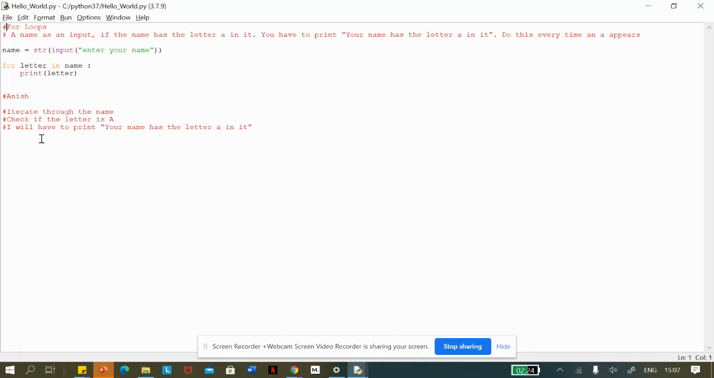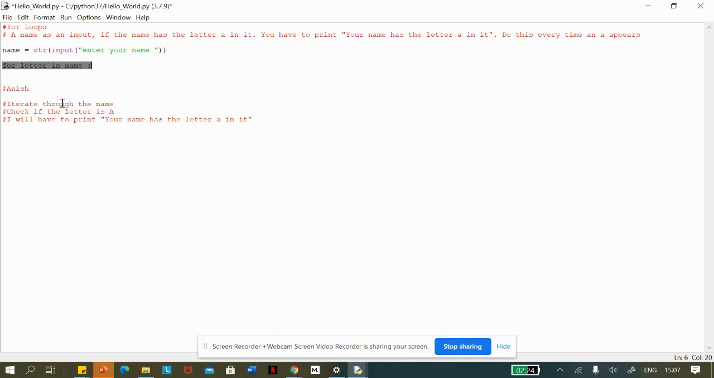Now let's try and solve the problem at hand, shall we? First things first, I have to do this. Never forget convention. So we can print this, but what we have to do is iterate through the name, which you're already doing through for letter in name. We have to check if the letter is A. We can do that by simply writing letter equal to